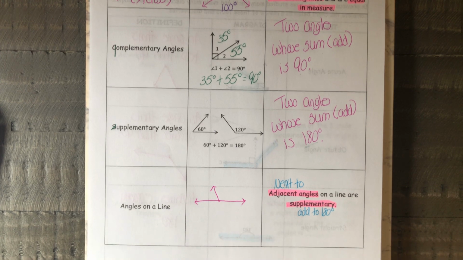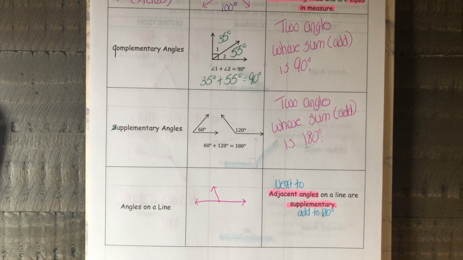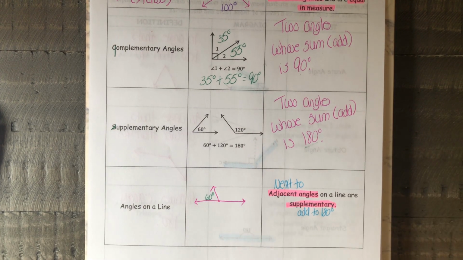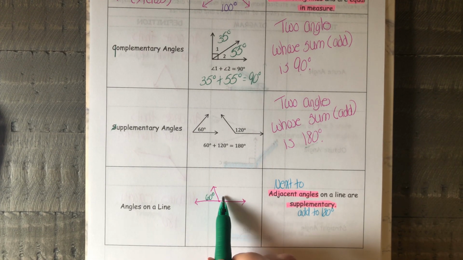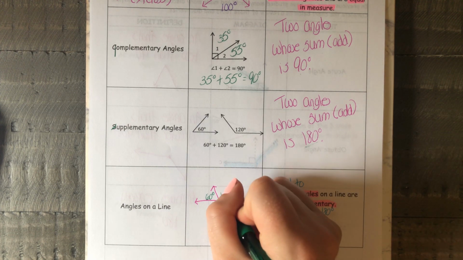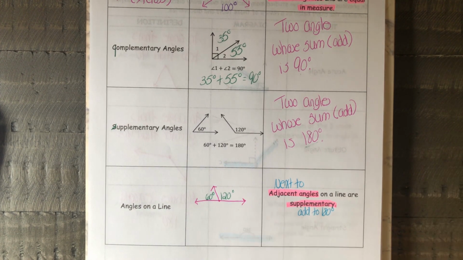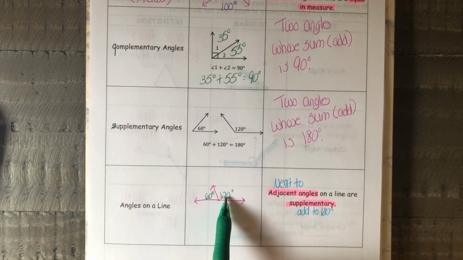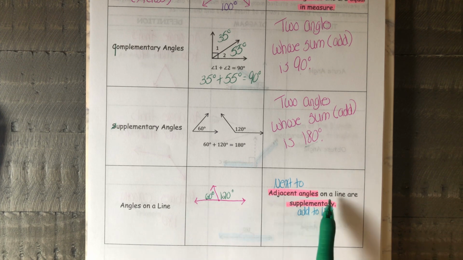And I'm again gonna go one step further and I'm gonna add numbers to our picture just to give us an example to work with. So I'm gonna say, because this is acute, that this is 60 degrees. And I'm gonna say, because this is obtuse, that this is 120 degrees. All right. So I have angles that are next to each other, angles that are next to each other on a line,